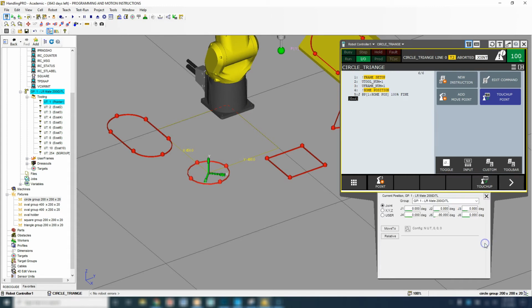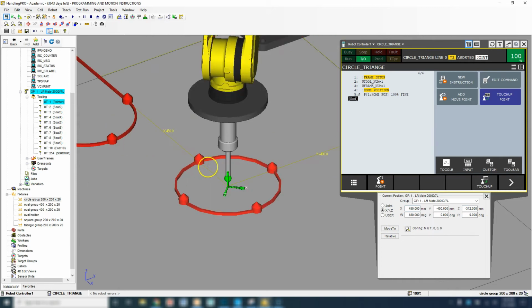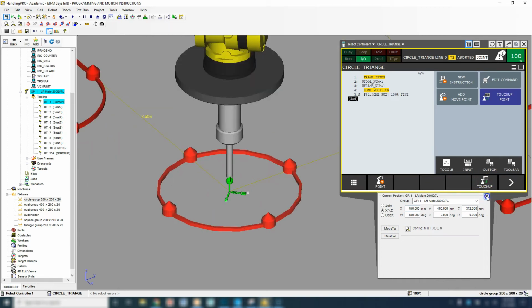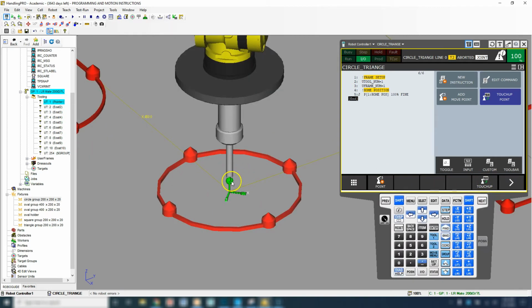So when we go position X, Y, and Z, the X is going to be 450, the Y is going to be negative 400, and then the Z is going to be negative 312. Move 2, and it should go exactly to the center. Then we're going to close out of here, click the end of that tool, which will bring up our UCS,